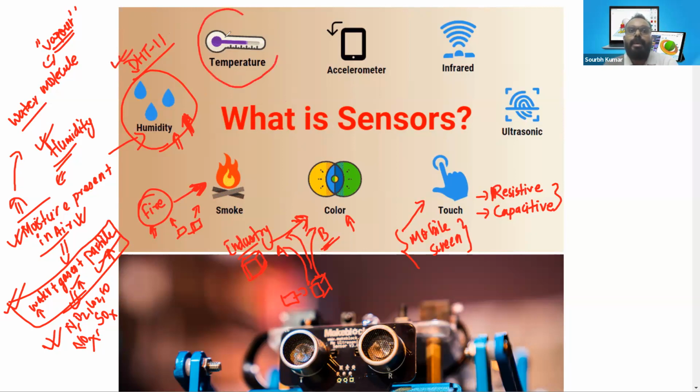So that is the reason why we need to have the humidity sensor. And the same goes with the temperature sensor, to take the reading of temperatures in our environment. And the accelerometer, you've seen some applications of the accelerometer, and if you do have a mobile phone with you, then I preferably say,